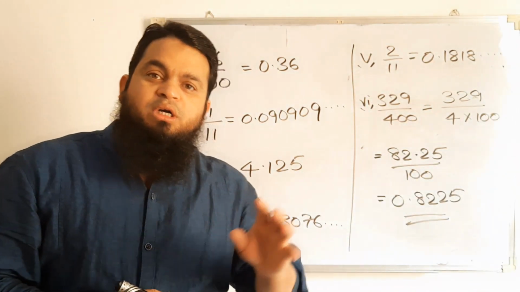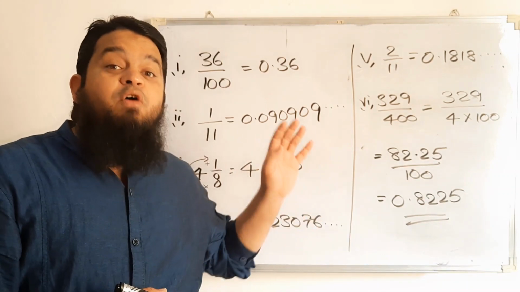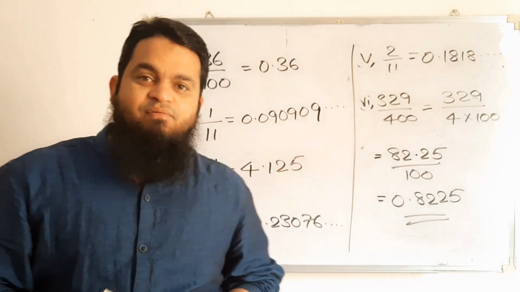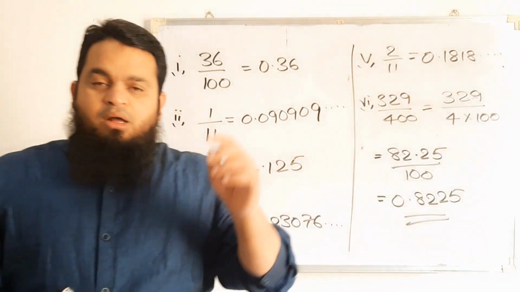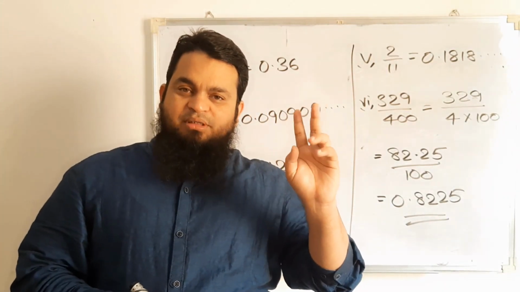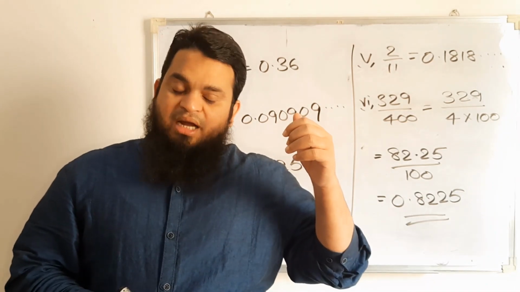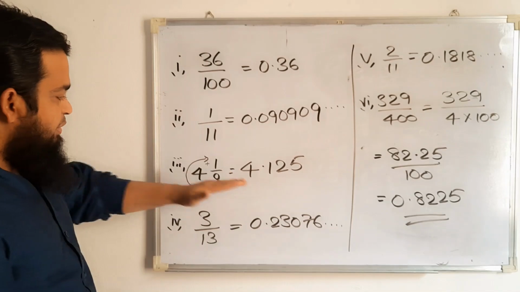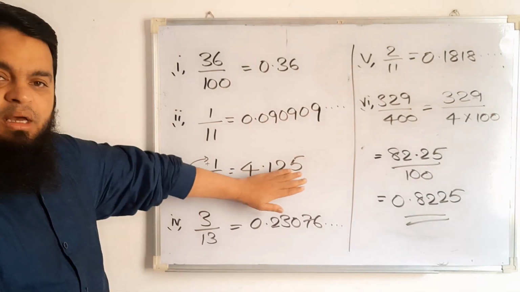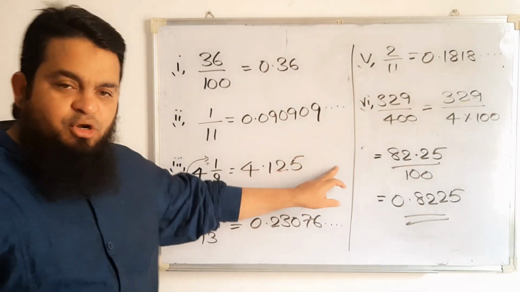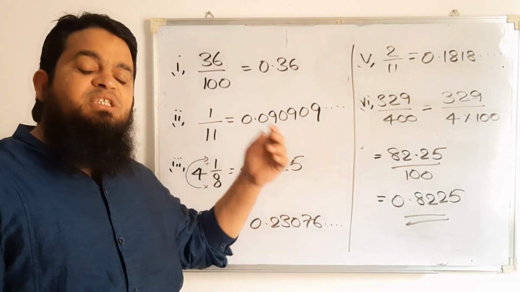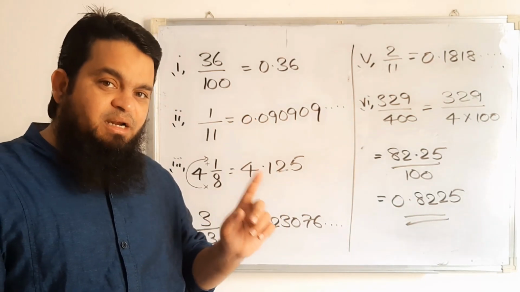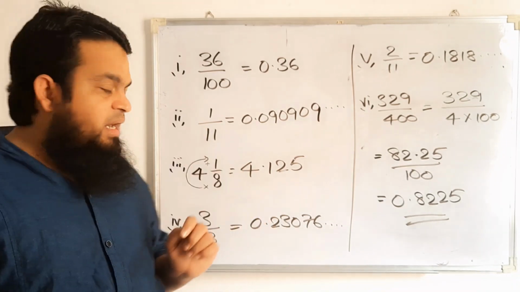Okay. So we have seen, actually, we have to change this into decimal form. We have to write which type of decimal it is. And we have learnt about decimals. There are 3 kinds actually. So the decimals, see here, for example, 4.125. Here it stops. Is it continuing? No. So that means it is a terminating decimal.